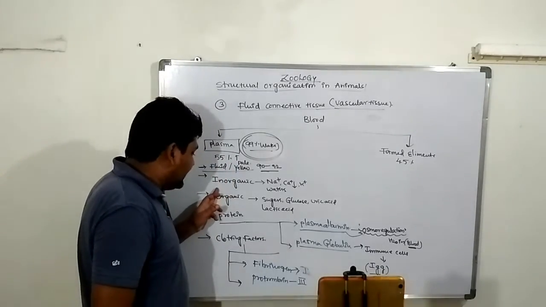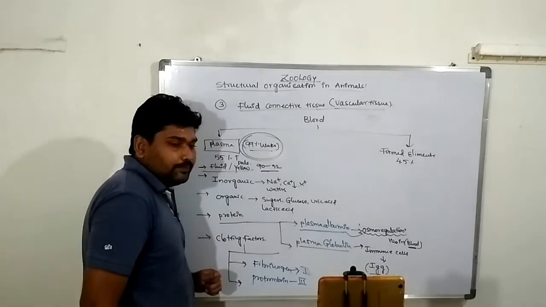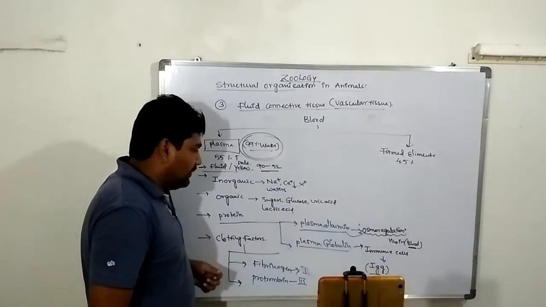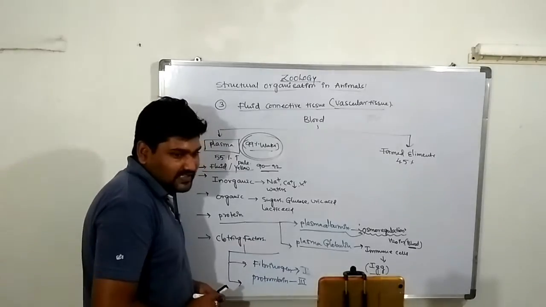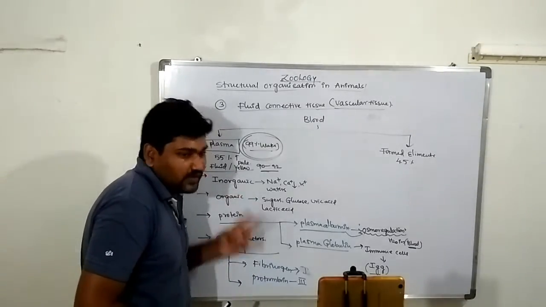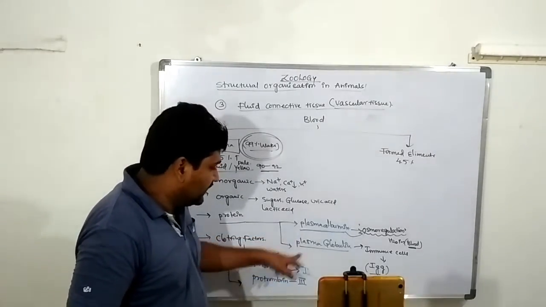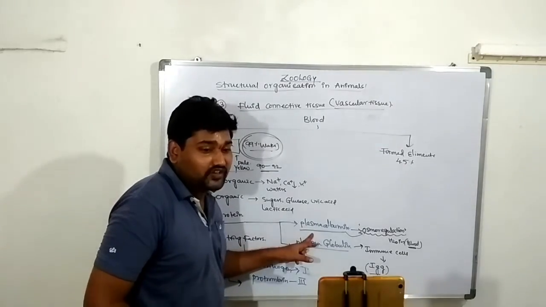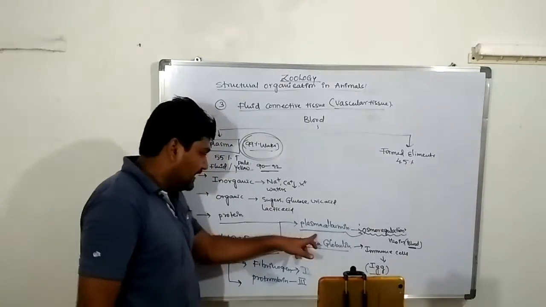It contains organic and inorganic components, proteins, and clotting factors. Inorganic components are sodium, potassium, calcium and water molecules. Organic components are sugar, glucose, fructose, lactic acid and uric acid. There are two essential protein molecules: plasma albumin and plasma globulin. Plasma albumin is useful for osmoregulation of the water molecules in the bloodstream and maintains the pH of the blood.